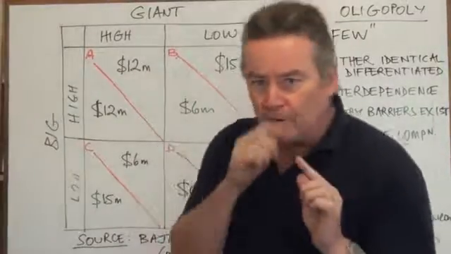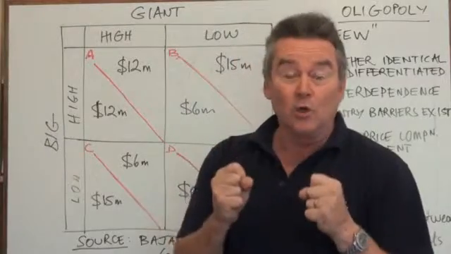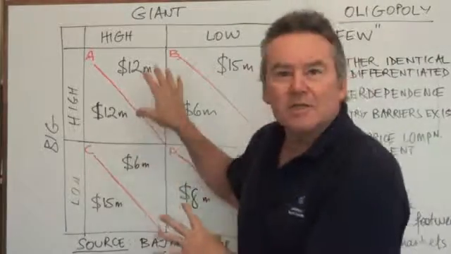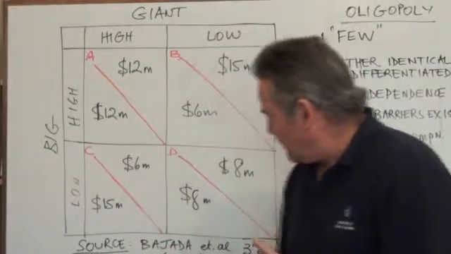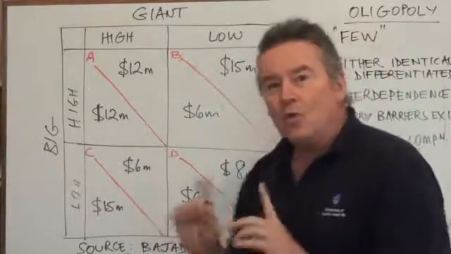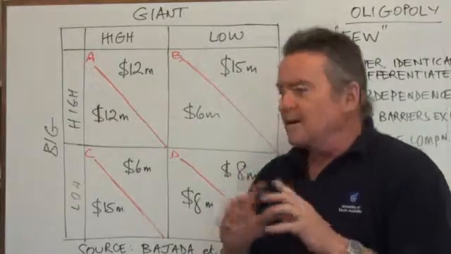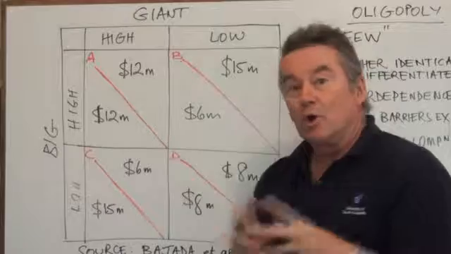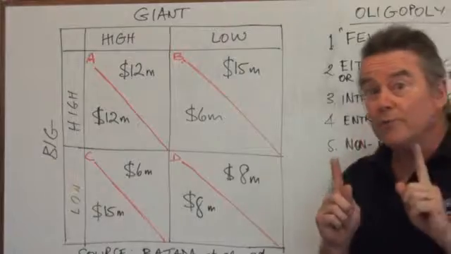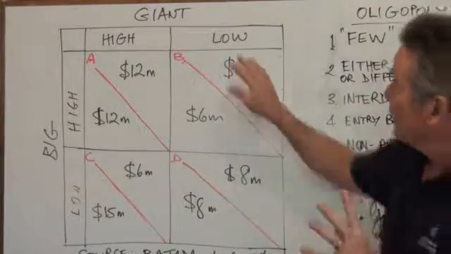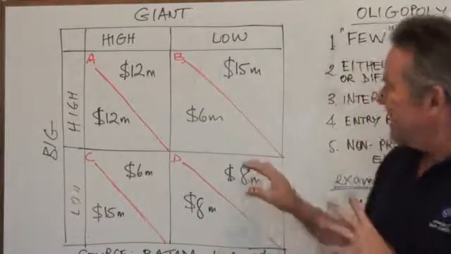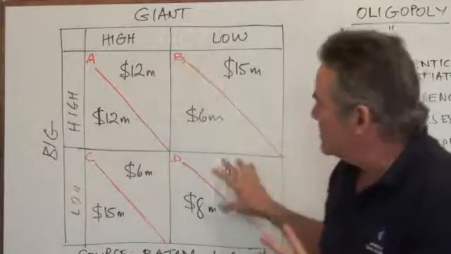I'm going to walk you through another way that we look at how we think oligopolists behave. We're going to use this payoff matrix, which I've replicated from our textbook, from Marjada et al. And I'm going to walk you through a simple bit of what we call game theory. So we're imagining a special oligopoly, namely two firms, which would be a duopoly. We've got Giant and we've got Big. And this is our payoff matrix. I'm going to walk you through each of these boxes.